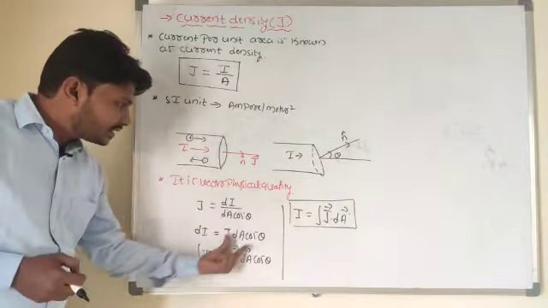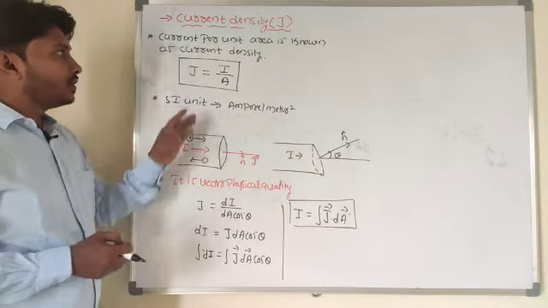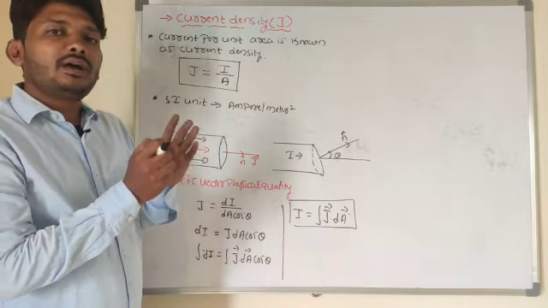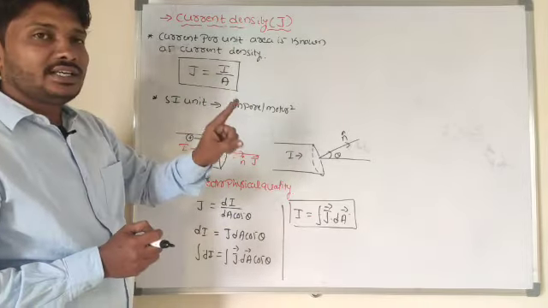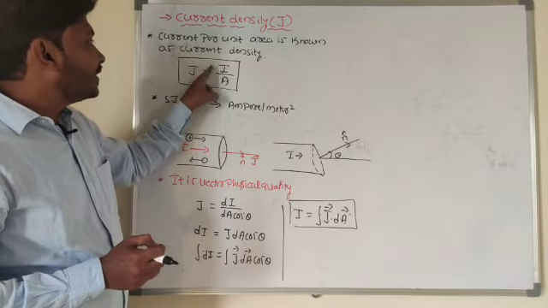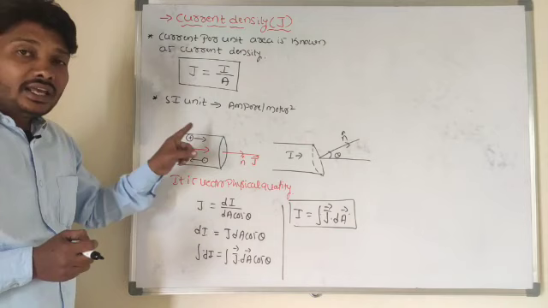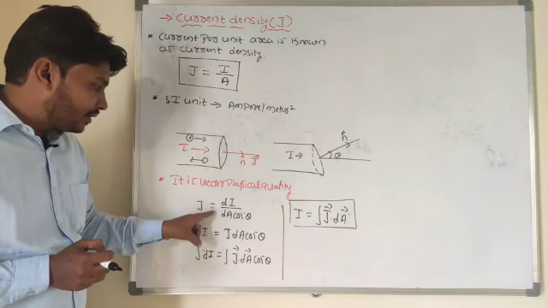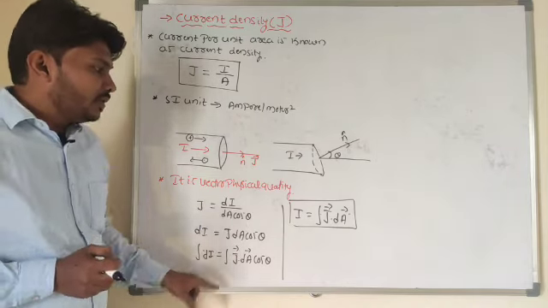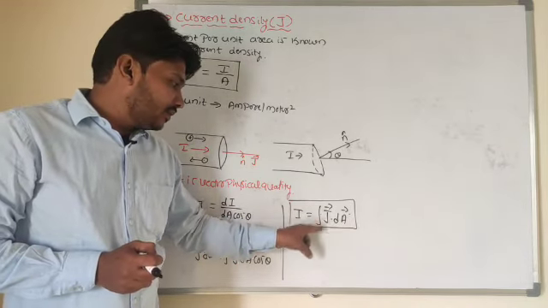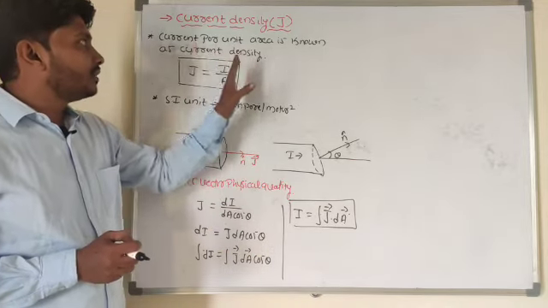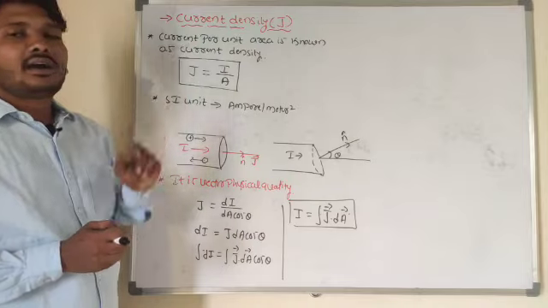So I can rewrite this equation in another form. What is current density? Current density is nothing but current per unit area, and it is a vector physical quantity. What is the mathematical expression? J is equal to I by A, or in vector form, J is equal to dI divided by dA cos theta. And in another form, I is equal to the integration of J dot dA. So this is the information related to current density.